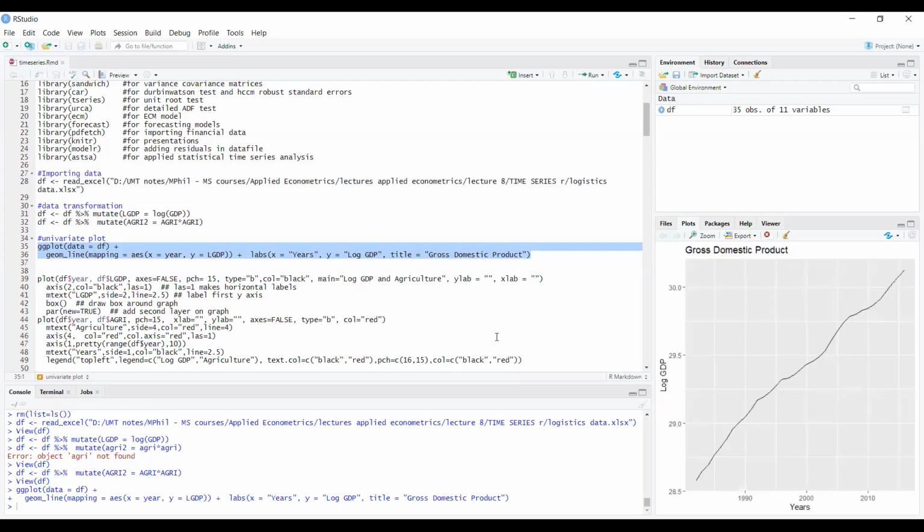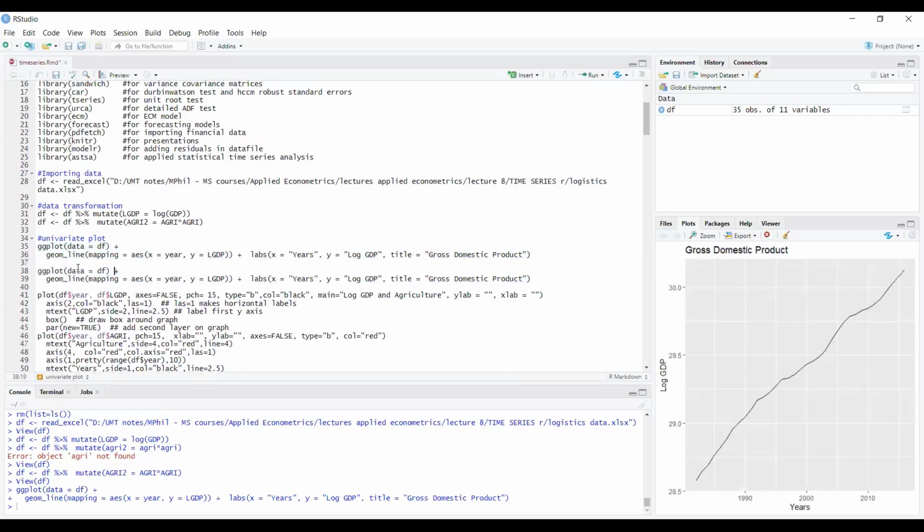But if you wanted to do a multivariate plot, the graph is a little tricky, because if both of the variables have the same axis or same scale, then you can plot it using geom_line. So for example, I will copy this command and I will add it here.